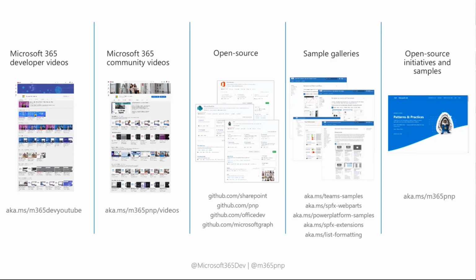Do you need to remember all these URLs? Not at all. aka.ms/m365pnp is your one-stop shop to take advantage of accessing all of these opportunities and resources. So go there,